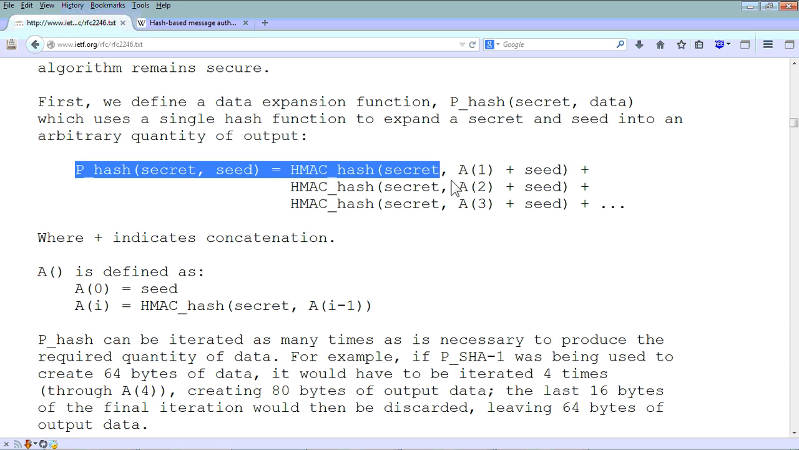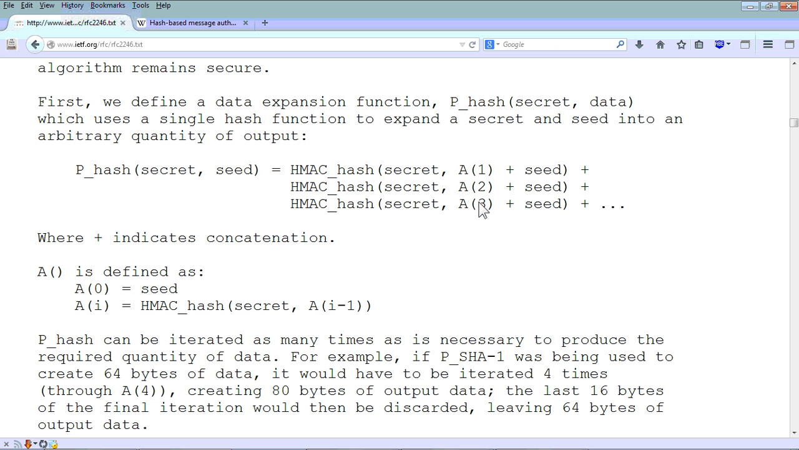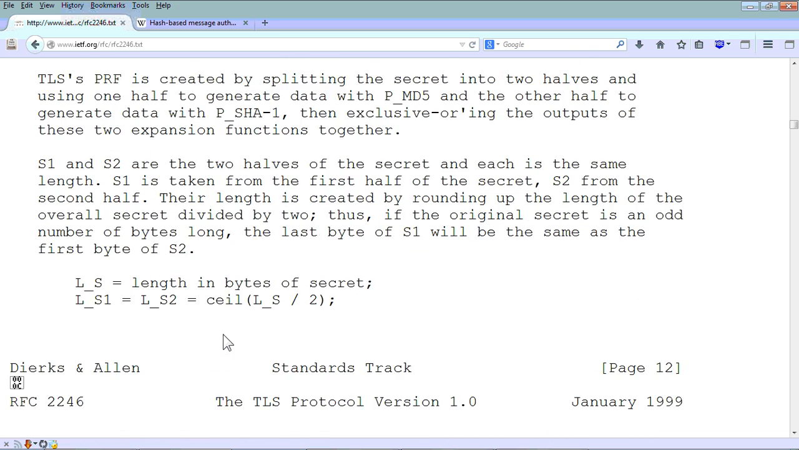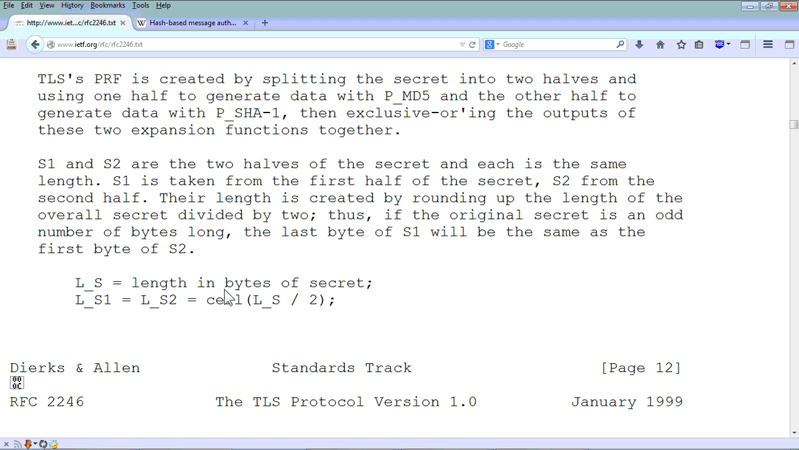You do this process for MD5. Now MD5 has 16 bytes output, so you're going to need to do this. First you get 16, then you get 32, then you get 48. So once you reach 48 you stop and you discard the last 8 bytes and you've got 40 bytes of pMD5. And then you do exactly the same thing for SHA-1. You've got 40 bytes coming out of SHA-1, so you've got 40 bytes of pMD5, 40 bytes of p-SHA-1, and finally the last step